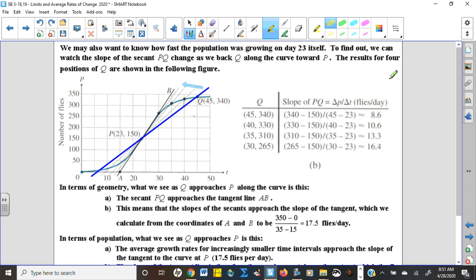This is their method of trying to figure that out. They are going to keep taking these secant slopes, but what they're going to do is take that second point, they're calling it Q, and push it back toward that original point P that we're so interested in, to find the rate of change at that point. Okay, so